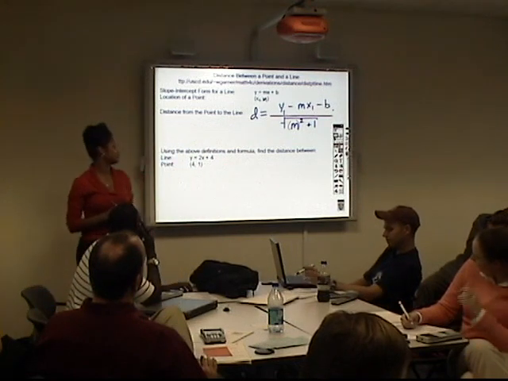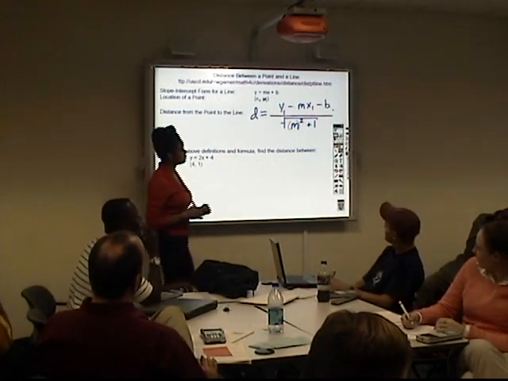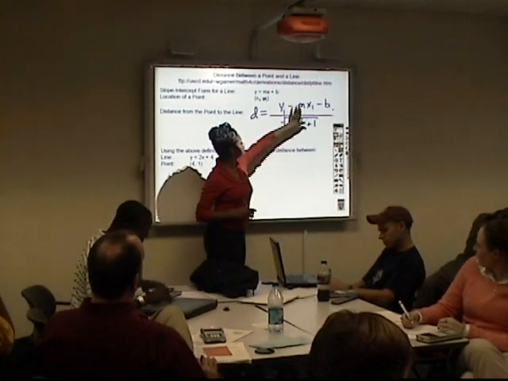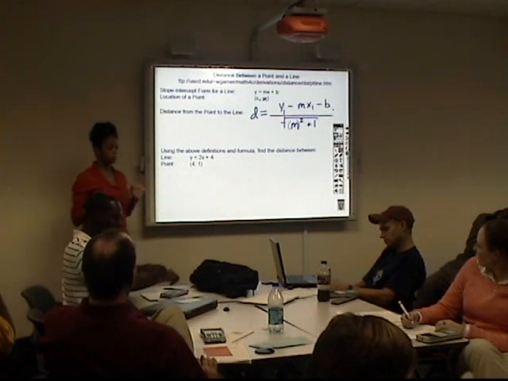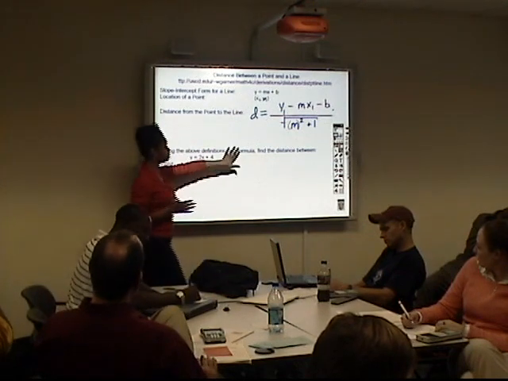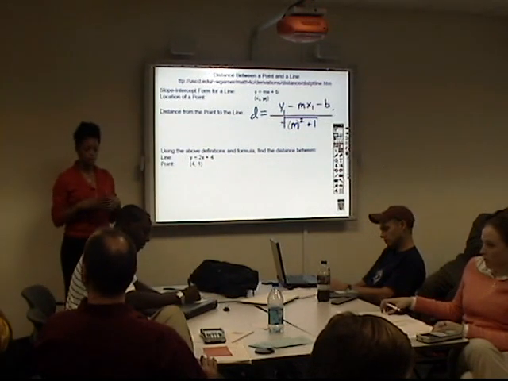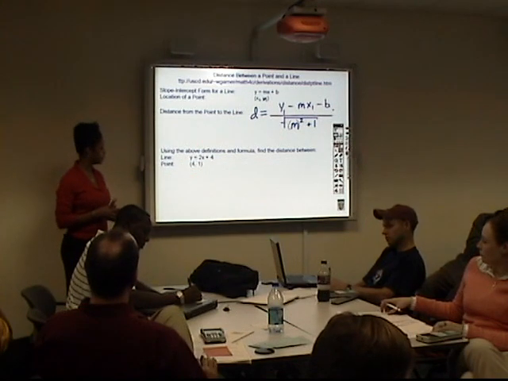Do not confuse those things. Our B is our slope intercept, and again, this is the same M as here, so therefore it is that slope. With the information that you've been provided, your definitions and your formula, I would like at this time on your pencil, on your notes right there,